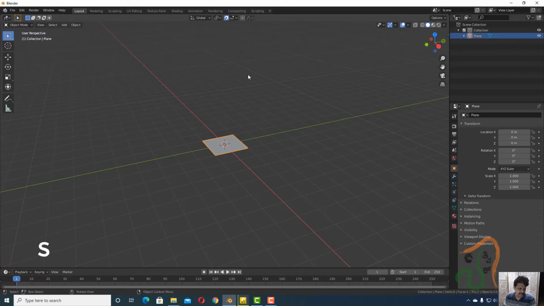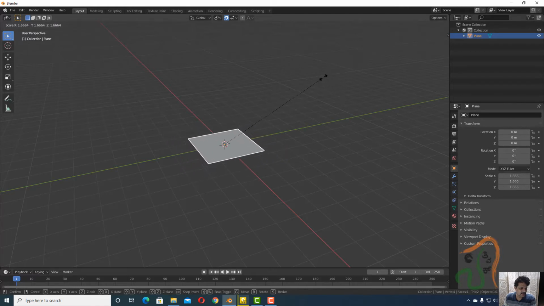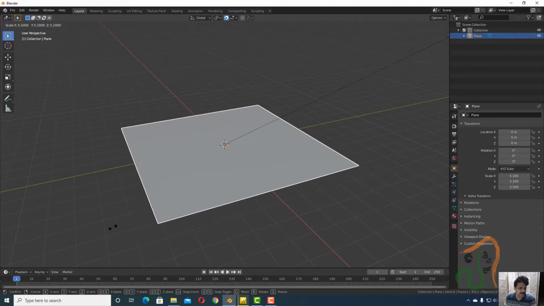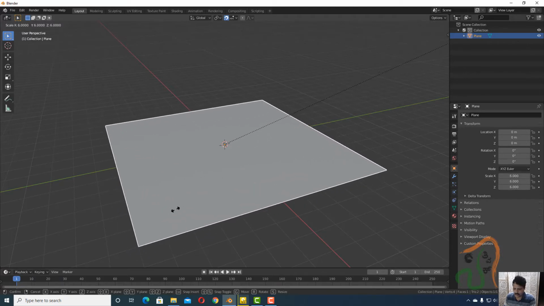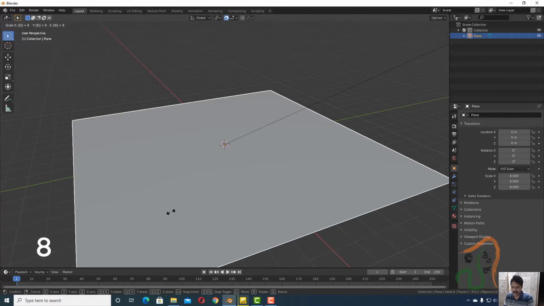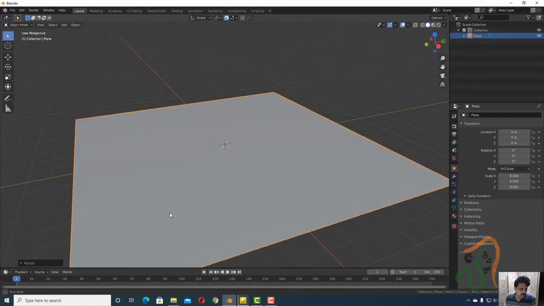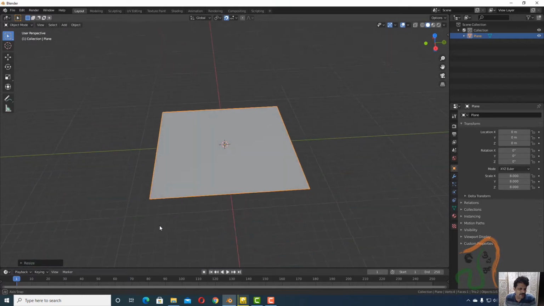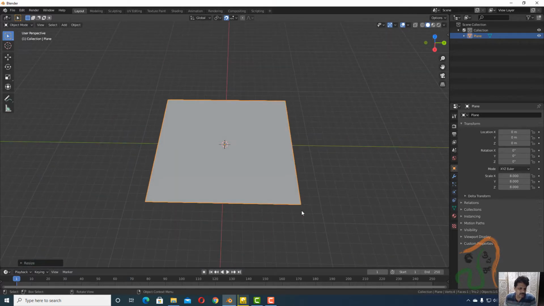Then press S. S is the keyboard shortcut for scaling, and then you can just move it like this, and as you are moving, press Shift plus Tab, and when you press Shift plus Tab you can see it is snapping. Okay, to scale it exactly by a level of around 8, type 8 and press enter. So these keyboard shortcuts make your job very easy. So we have an 8 unit scaled plane here.